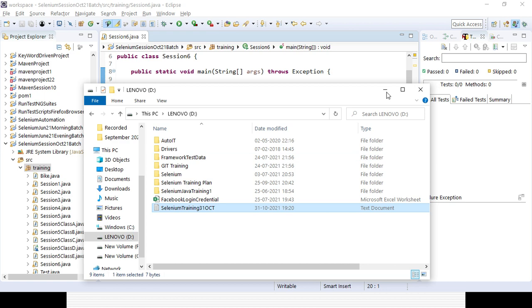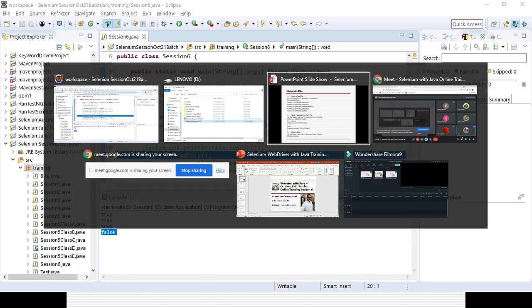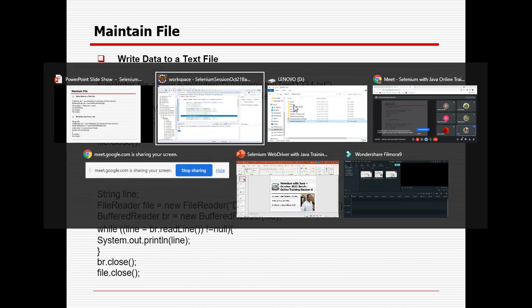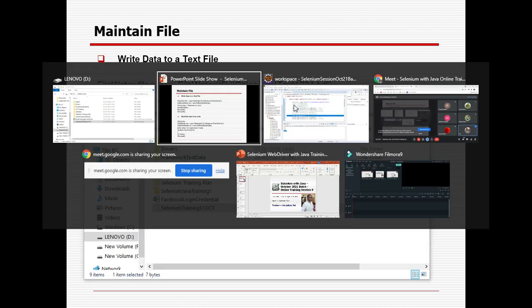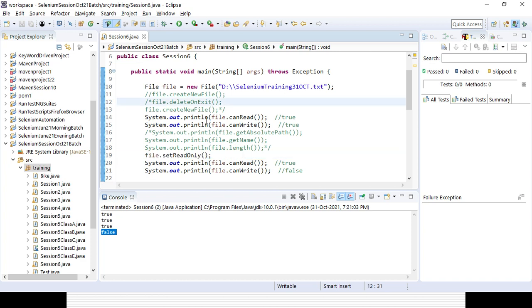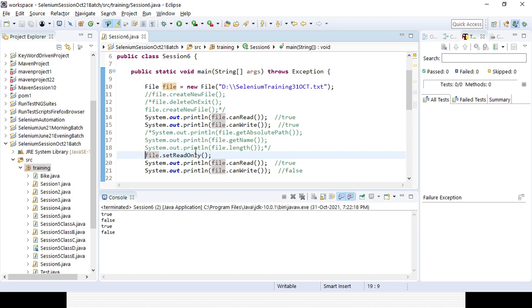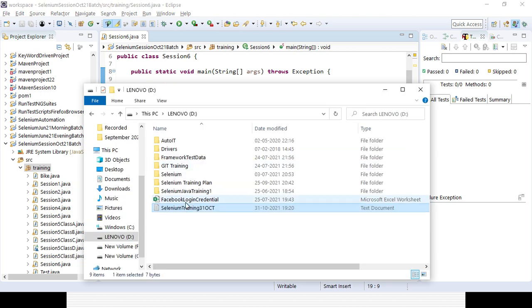And the delete part I have already covered. The next one is how to write some data to the file. So let's remove whatever has been changed, and let's make it file set read only. Again, if you change it, it will become read only. It is just changing the file to read only. So let's remove that one, or otherwise you have to uncheck it, or you will not be able to do it. So remove that one and create a new file here.